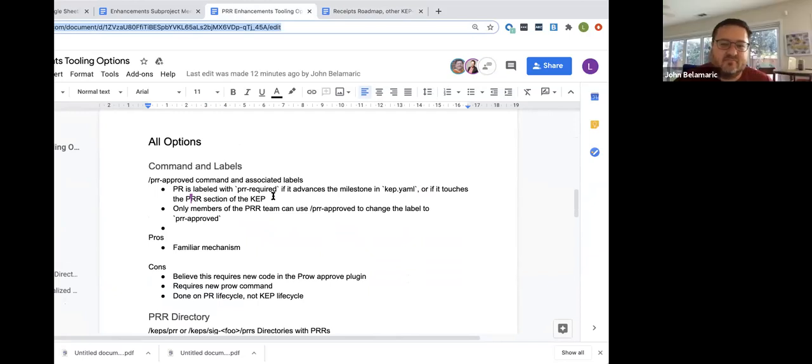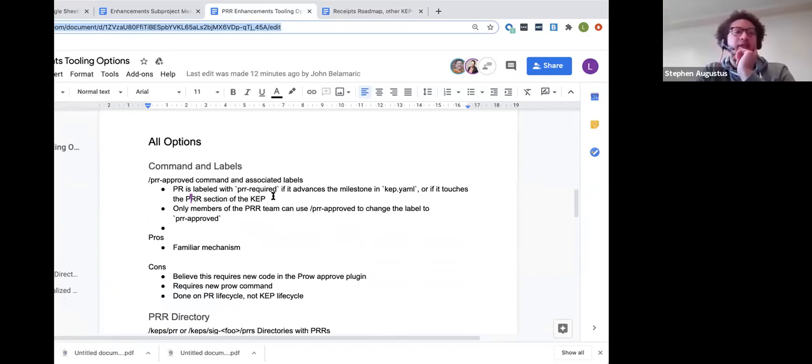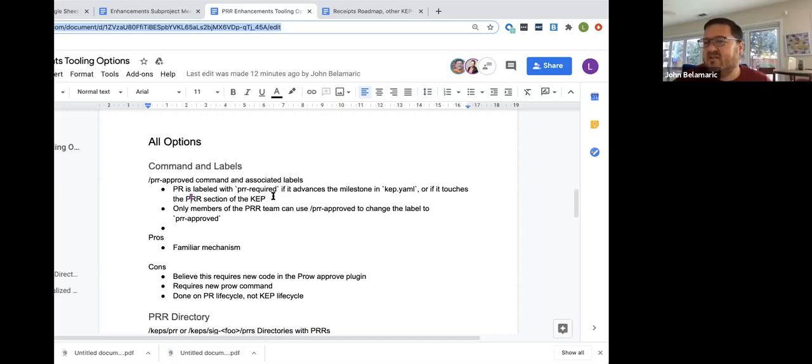So my suggestion was going to be the PRR metadata directory, or the PRR directory essentially. I do agree with the cons of it not being with the KEP at this point, but what if it's a subdirectory of the KEP instead? That though requires that they put the right owners file in, or it requires changes to Prow to do a regex glob based approach.